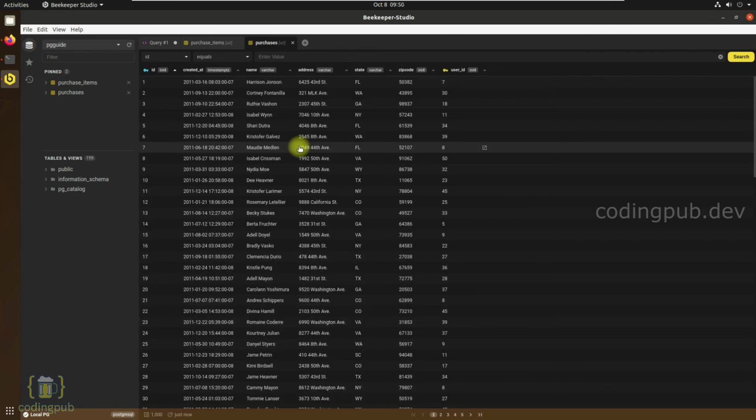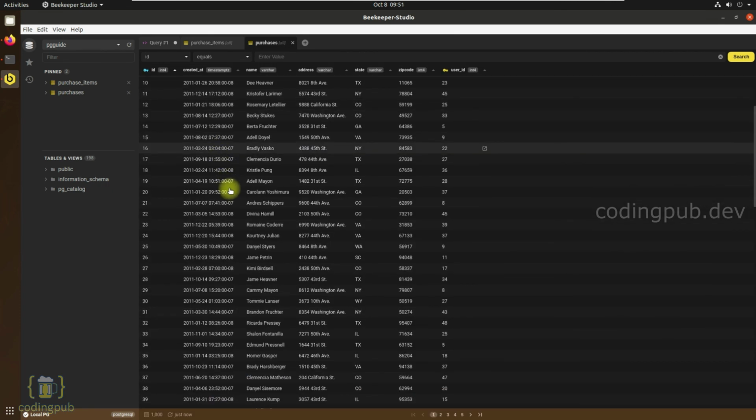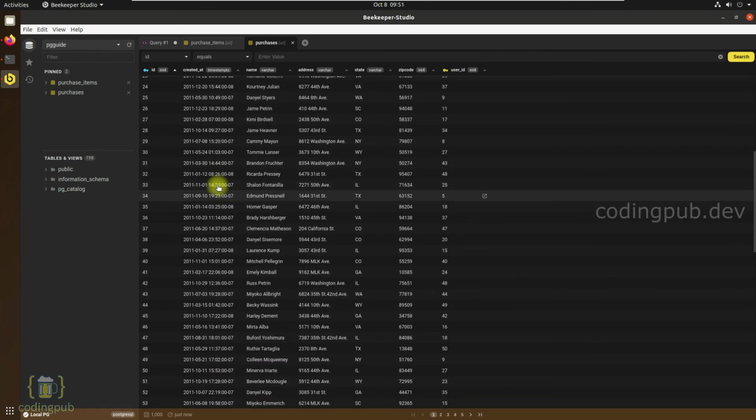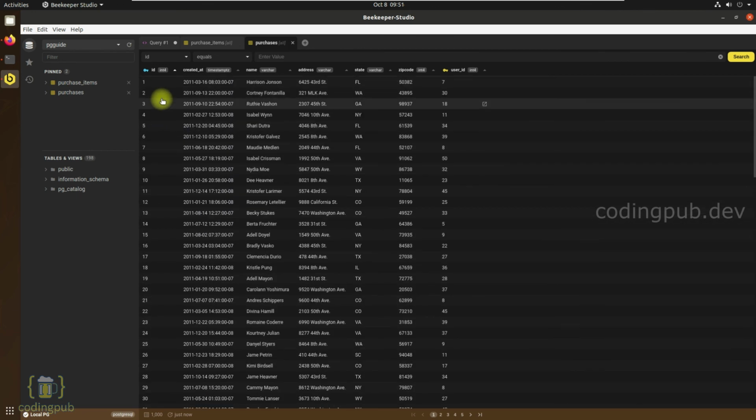and you will be able to open multiple tables at a time, and each of them will be opened in a new tab. And based on the number of records in the table you are opening, it might take few seconds for them to process. You will be able to see the number of records in the table you have opened in the bottom left corner of this application. As you can see, this table has a total of 1000 records.